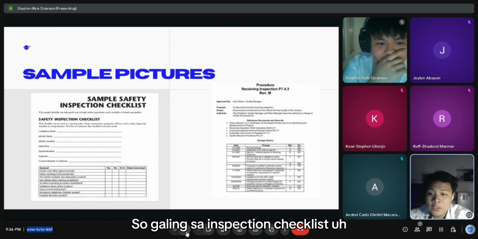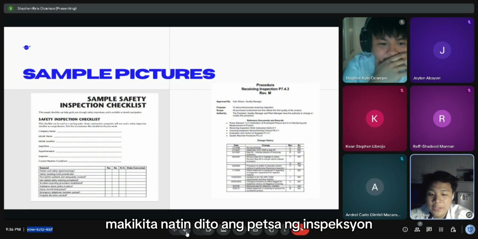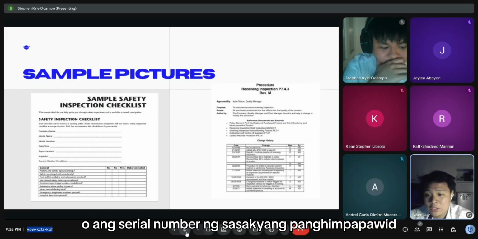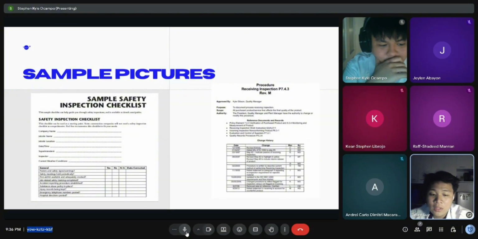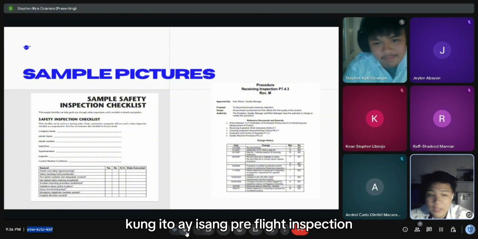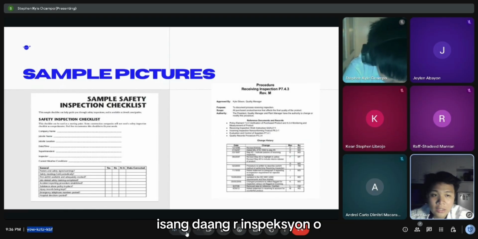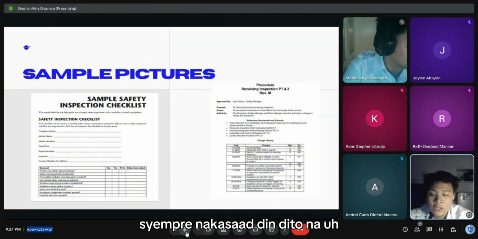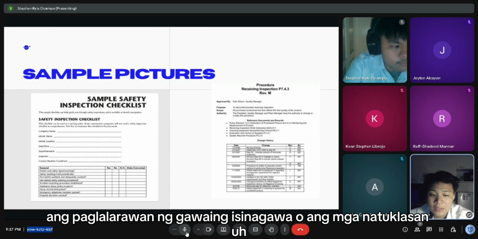From the inspection checklist, we can see the date of inspection, the aircraft registration or serial number, and the type of inspection, whether it is a pre-flight inspection, a 100-hour inspection, or an annual inspection. It also indicates the description of work performed or the findings.